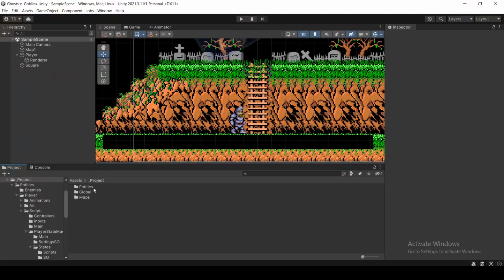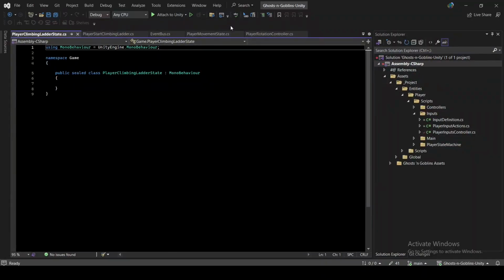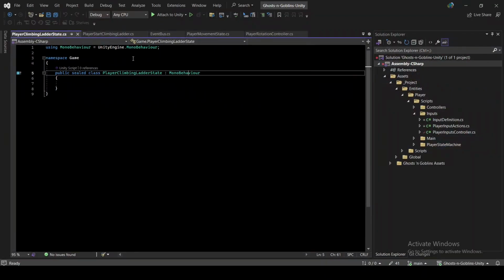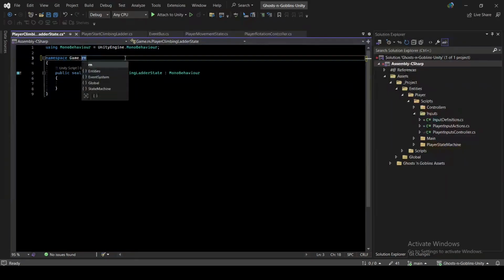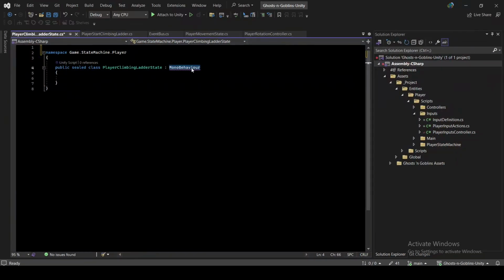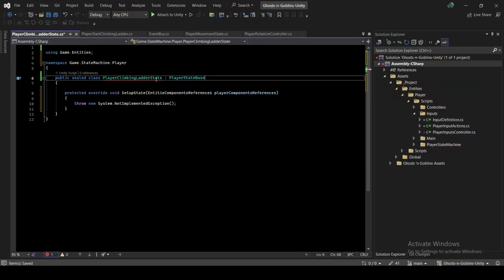But first, I'll create the player climbing ladder state. All right, let's move this namespace to the state machine of player. State base. Let's implement the abstract class,